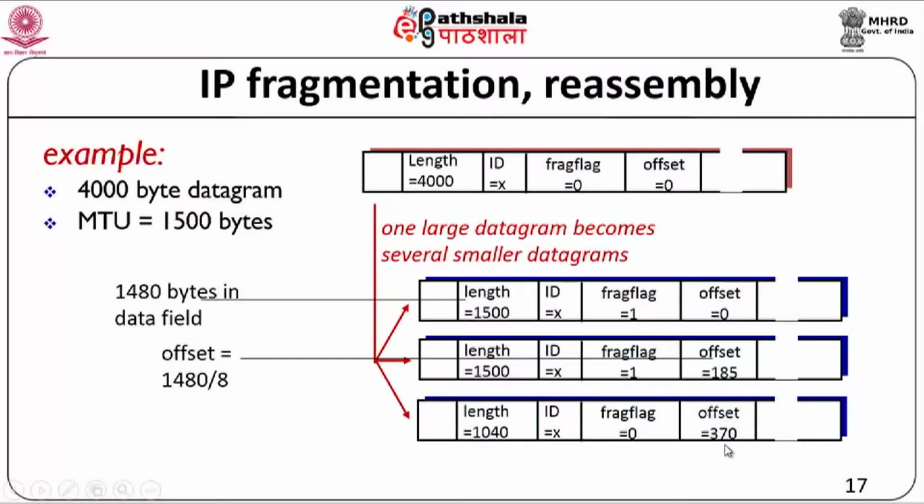Now these 3 fragments will be the ones which arrive at the destination, and the destination looks at the ID field, the flags, and the offsets. These 3 help it to order them and reassemble them. Even if these 3 fragments come in a different order, it can still put them back in order by looking at these fields. ID will tell you that they all belong to the same original packet. The flag will tell me whether it's the last fragment or there are more fragments to come, and the offsets will tell me, if I arrange them in ascending order of offsets depending on the length that I have, I can put all these fragments together and get back my original datagram. This is what IP carries out for its fragmentation and reassembly.